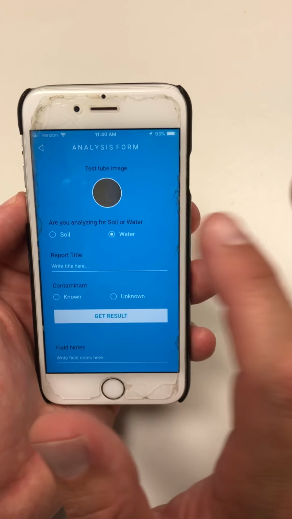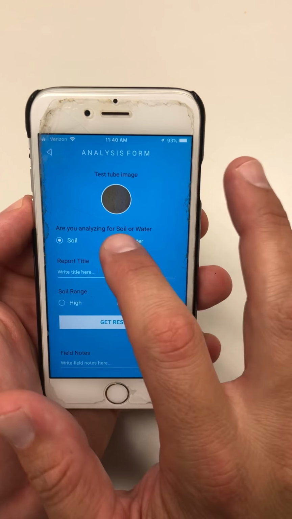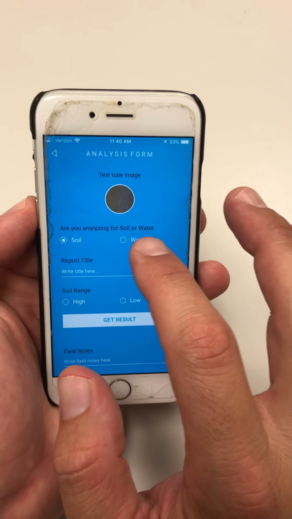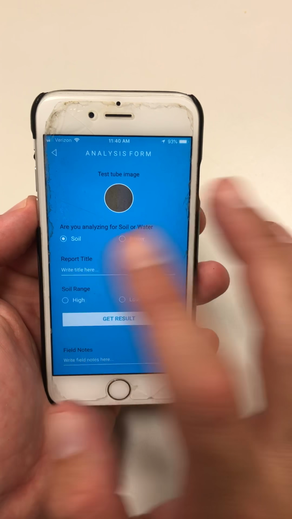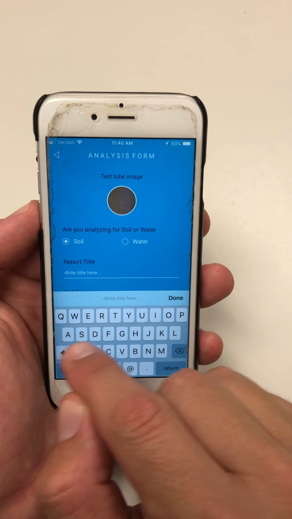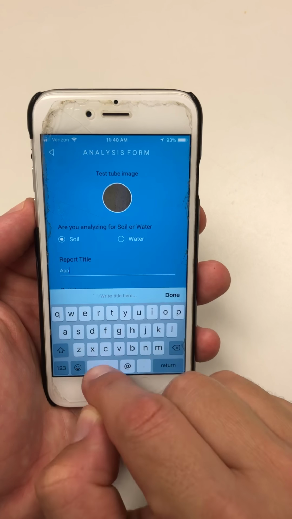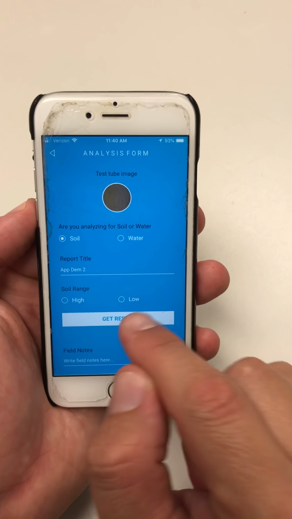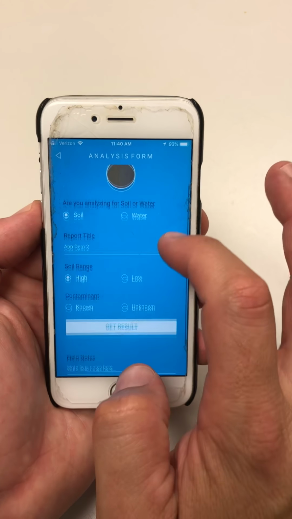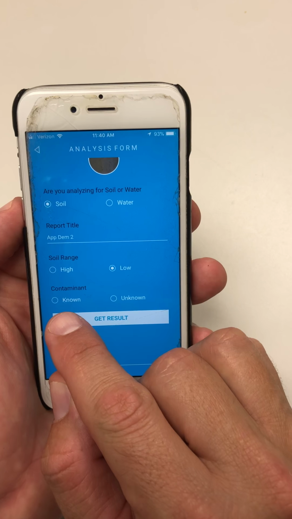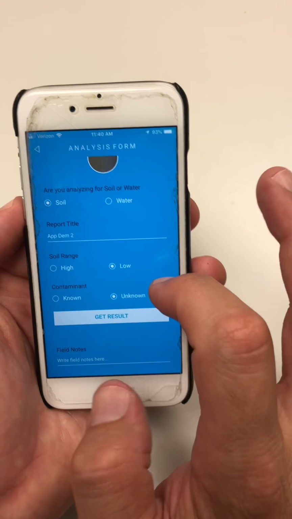Notice again, water over here versus soil. As we did over there, water doesn't have a low and high range, only soil does. Likewise, let's just do the same thing again. Soil, we'll call this app demo 2. And it's a high range. No, it's a low range. Low range. And before we selected known contaminant, this time I want to select unknown contaminant and show you what